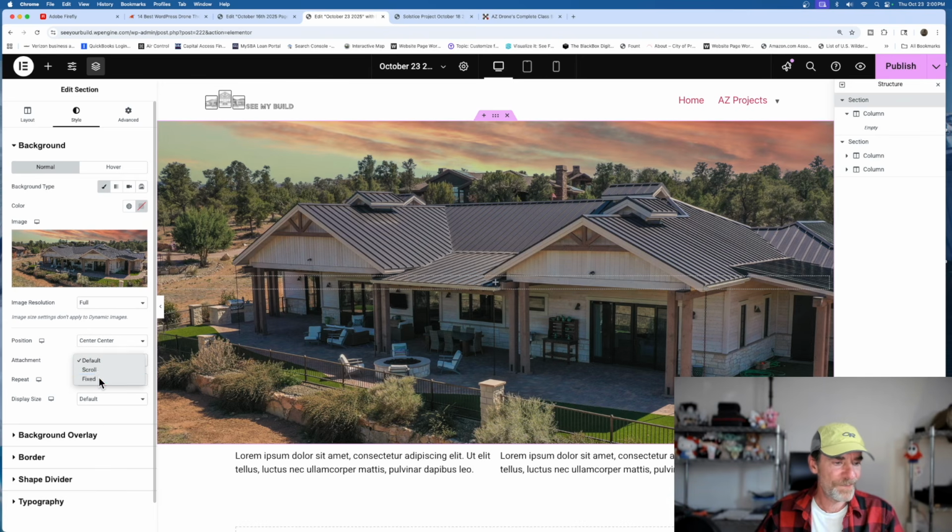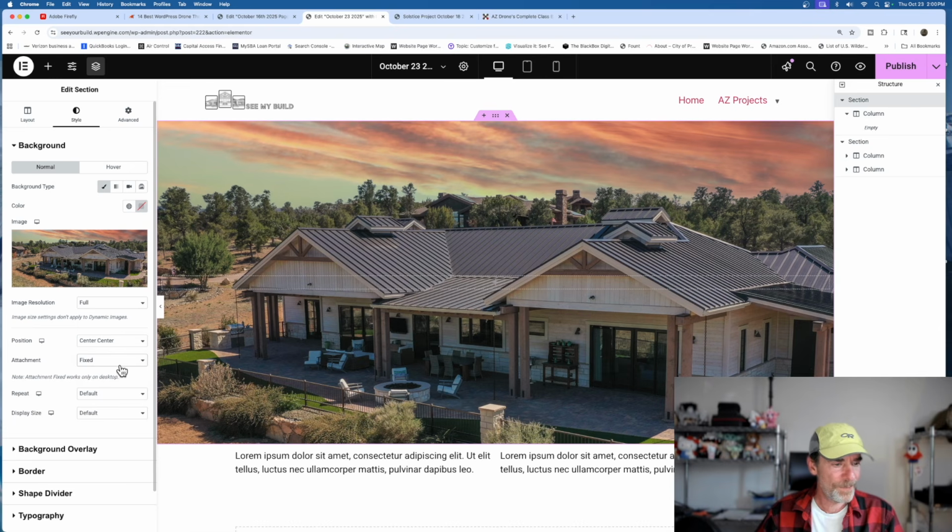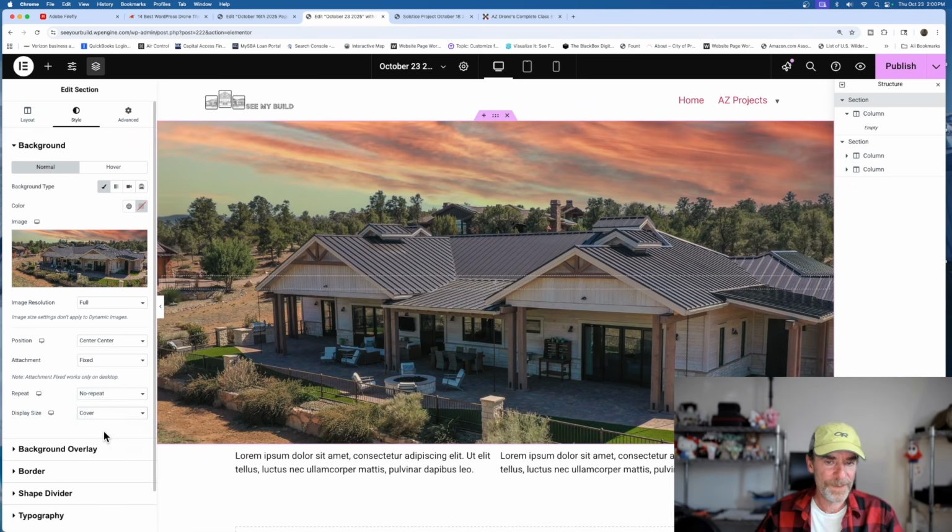Attachment, we're going to leave that as fixed, not scrollable. And then repeat. Do we want the image to repeat? My answer is no, so no repeat. And then we're going to go with auto or cover. I'm going to go with cover, and you saw that probably move just a bit. I'm going to hit publish again,